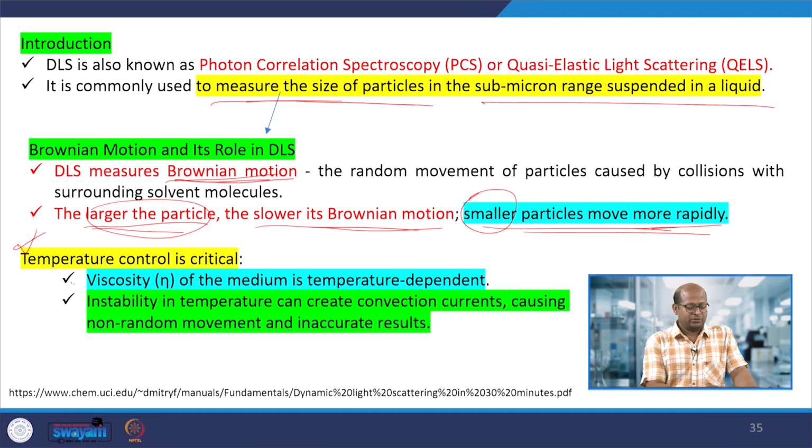It means the viscosity of the solvent that is present. The viscosity changes with the temperature. If we increase the temperature, the viscosity will go down. If we decrease the temperature, the viscosity will increase. Therefore, the stability of the nanoparticles in that particular solvent changes depending upon the temperature,